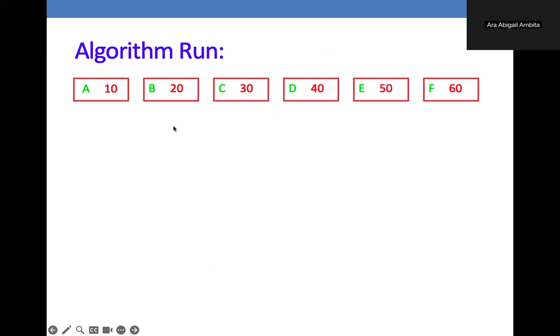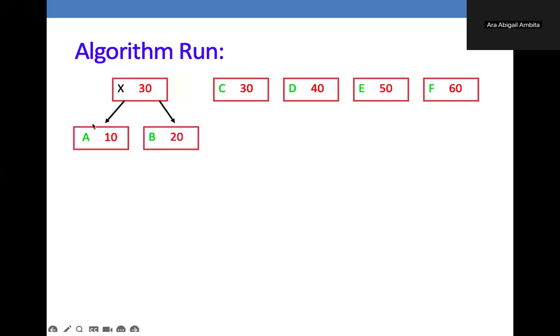And then with the greedy is that we are going to combine the two nodes with the lowest frequency. So in this case, it's A and then B. And then we set that into X, let's say. And so the bagong frequency ni X would be the sum of A and then B na frequencies, which is now 30. And then next is we are going to sort again. So sort again this whole trees, kumbaga. So now the two lowest is 30 and 30.